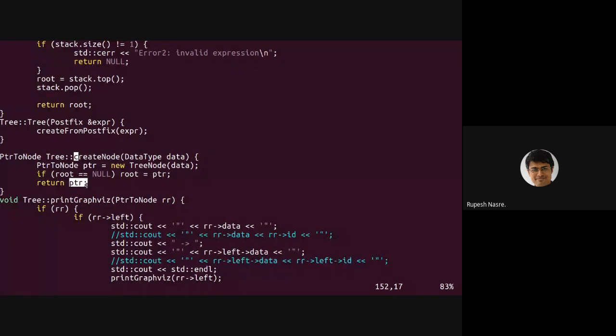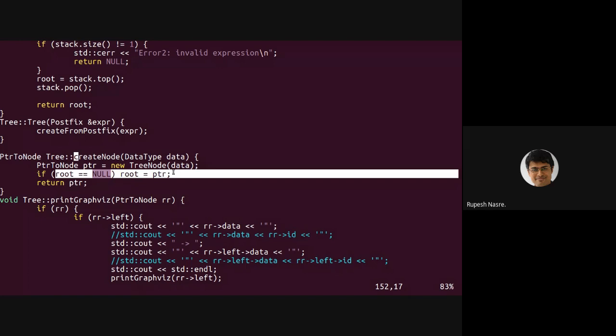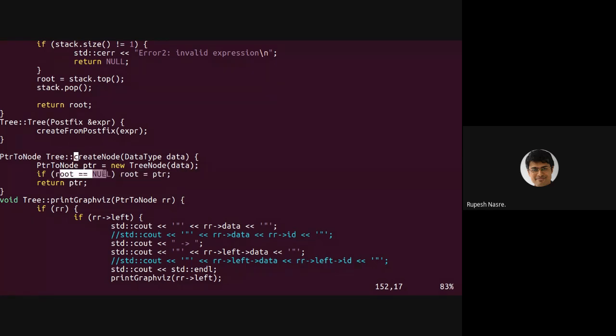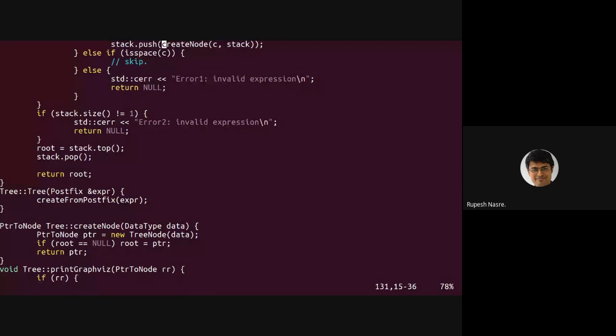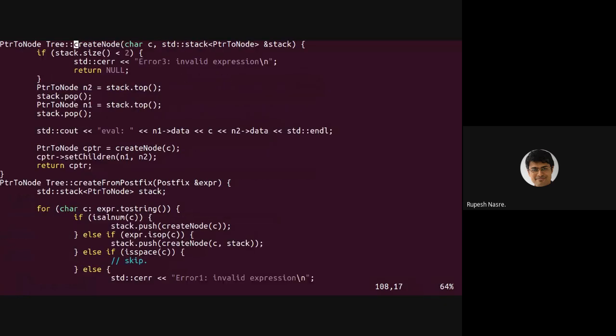So we'll have to provide an API to assign root. So instead of that, root update happens directly inside the create node. If root is not null, then you don't have to worry about updating root because root is already set. So this is our first create node. Let's look at the second create node, which is going to be a little more complicated.